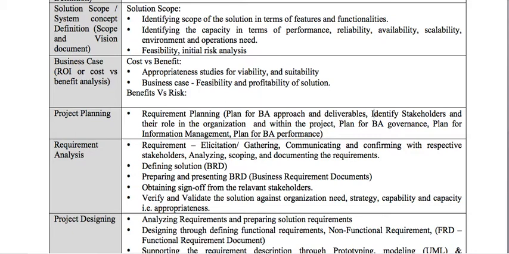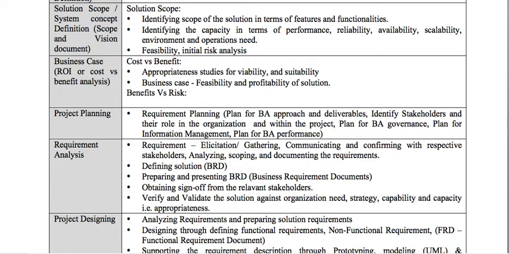So how the BA performance is basically planned against the organization standards, what the key performance areas are, and how it is actually assessed, and what are the improvement areas we have identified, and how they can be incorporated in our next projects. Okay, so this project planning is